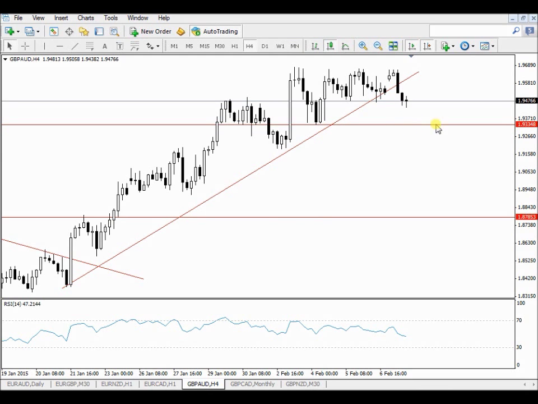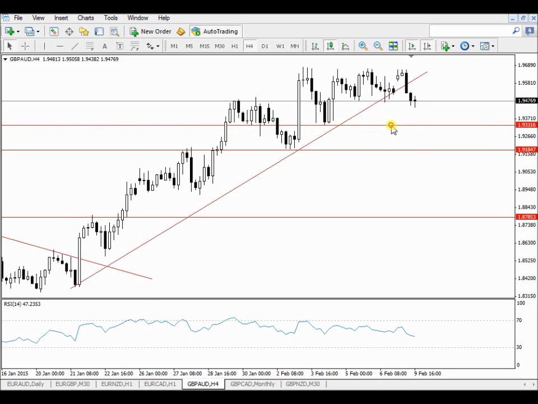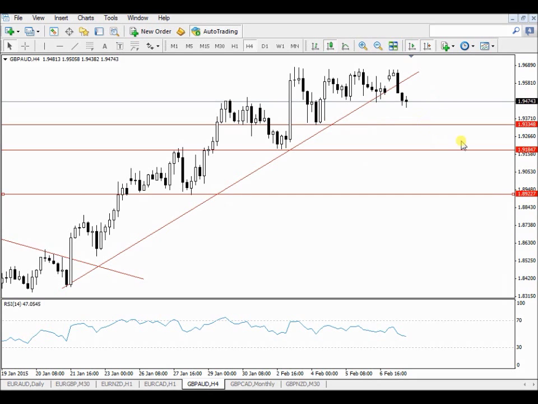If this support holds up, guys, this market is still bullish. The buyers are still in control. I can't sell that market because the trend line broke. I can sell this market when the market is making lower lows. And that means that my support must be broken every time. So there's a support, and there's a support. There's three supports that I want to know that bears are in control, or the sellers are in control. I don't want to sell this market as yet. Everybody happy with that?